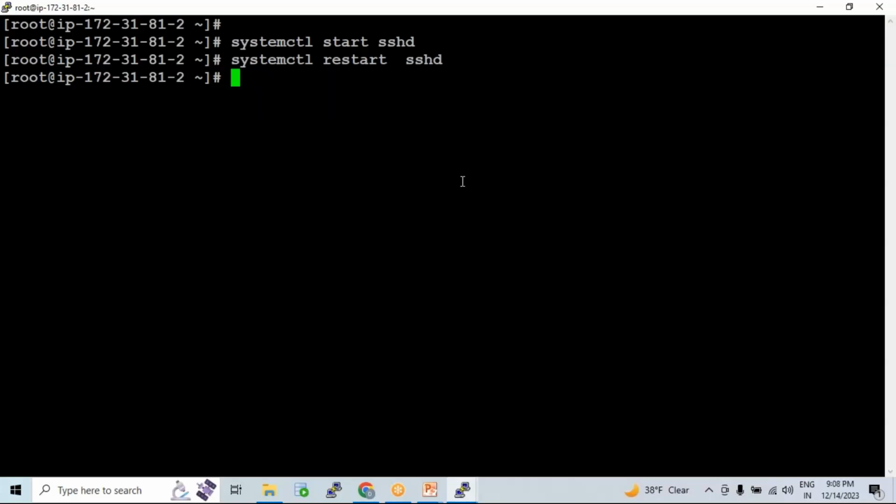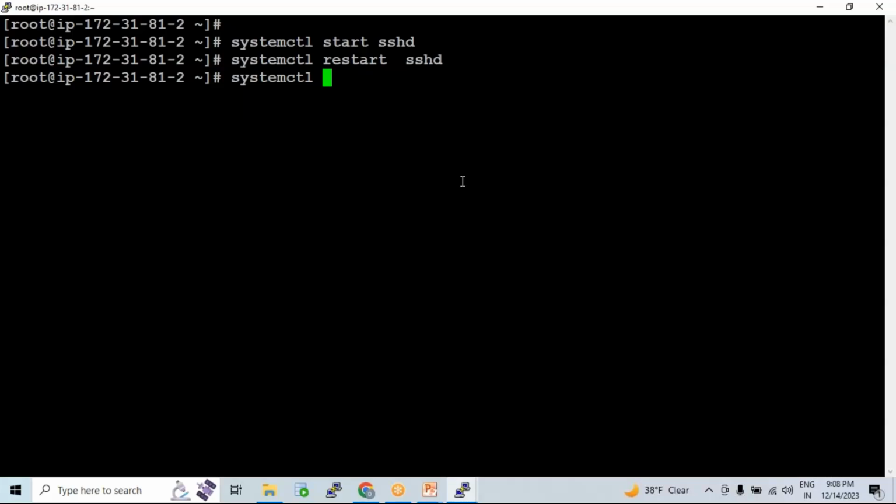At least this SSHD process is an important process, because if this SSHD process is running, then only people can log in, or else no, right? So my requirement is that this process should be started automatically when the EC2 instance is started, correct? When you launch the EC2 server, this service should be started automatically, right? Then only I can log in first of all, correct? So we can control which services are set to auto start during the system start time by running the command called